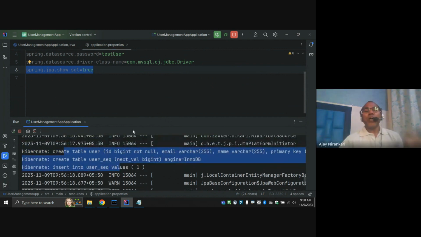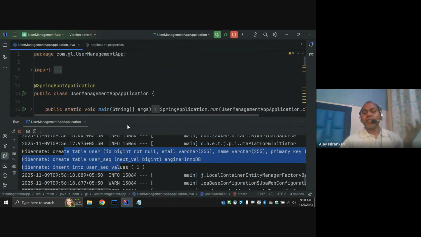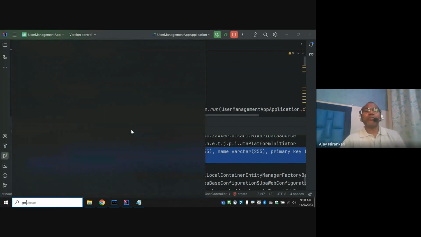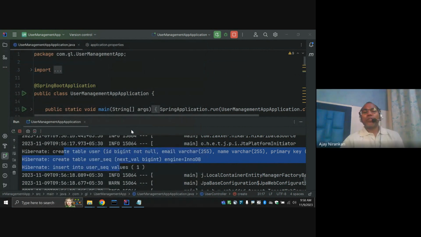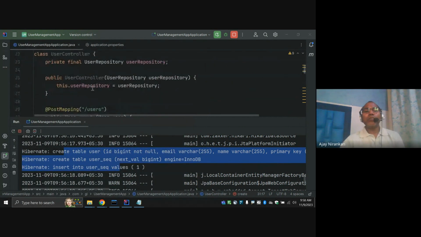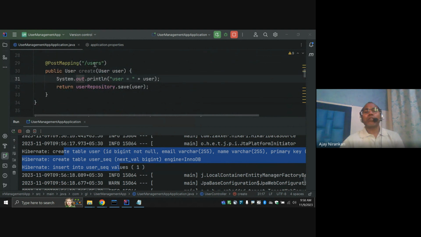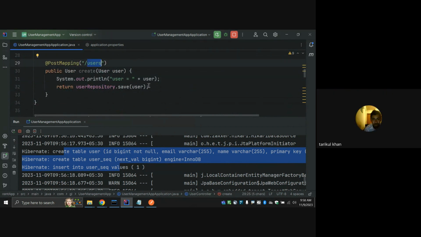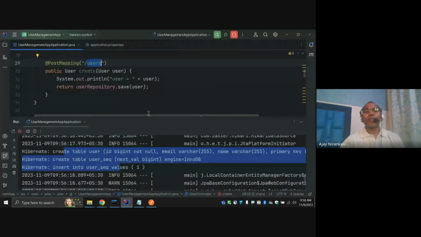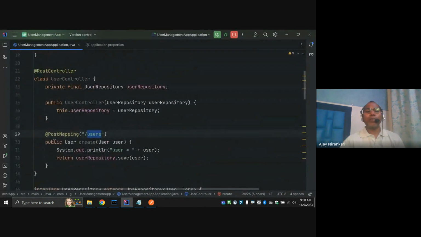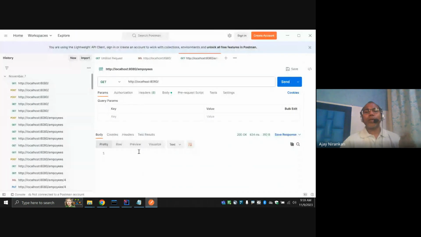So now your application is ready, and let's test it using Postman. What is the URL we mentioned? We mentioned the URL slash users. So let's go to Postman. And what had we developed? We have developed the POST endpoint, the POST REST API. So we are going to Postman. I am going to say, this is the POST,